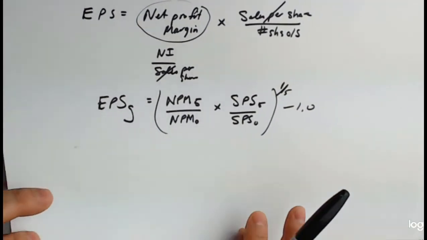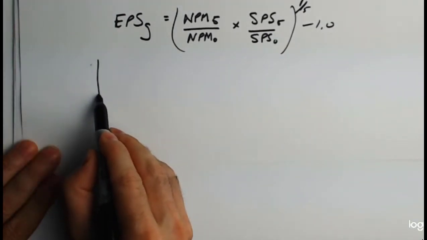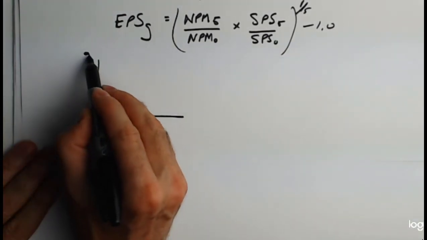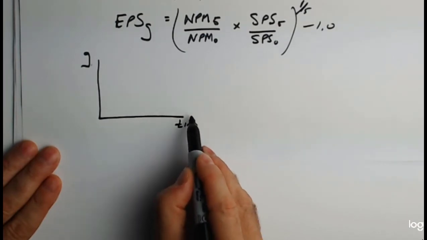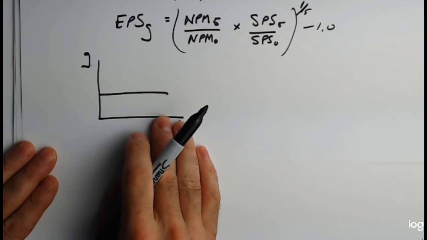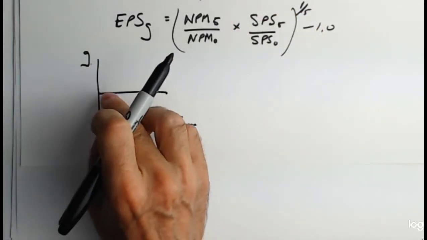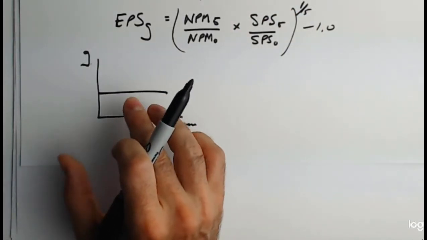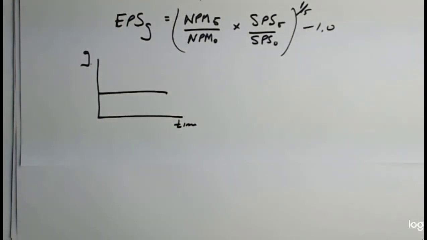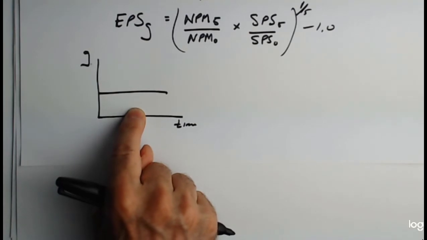Now, another thing about earnings is that we've assumed in this video so far that g over time is constant. It looks like this. Let me tell you something. No firm in the world grows at a constant rate. It's just for modeling purposes, intuition, because if you bounce the g around, it's very hard to pin down the relationships that go on to get an understanding. So we start off with constant growth